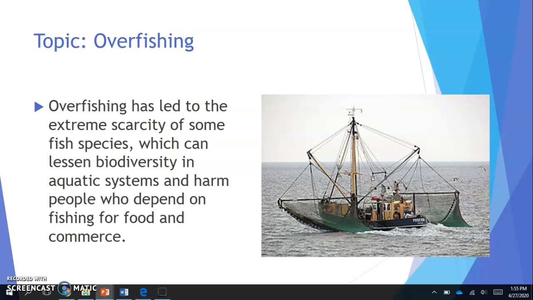So this happens gradually. So you're not really supposed to take all the fish out of the ocean, obviously, because if you do, they're not going to be able to reproduce. But if you overfish and you don't leave enough behind, populations will reproduce, but they'll never get up to the same levels as before. And over time, you can lead to basically endangering fish species and making them go extinct,